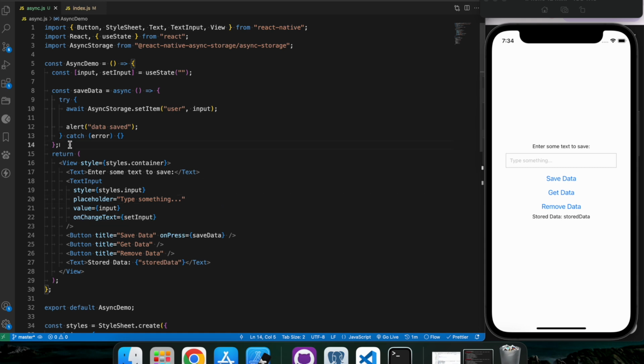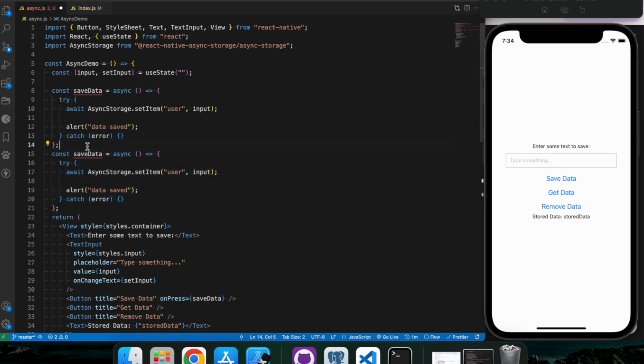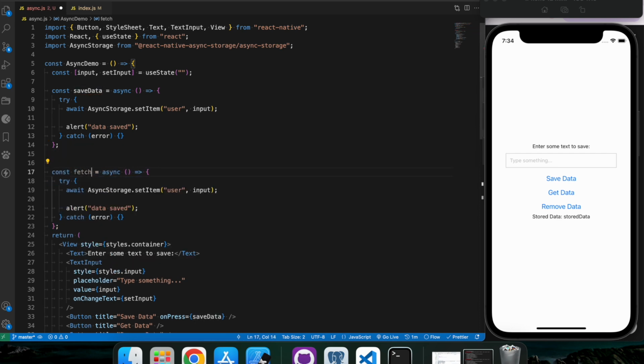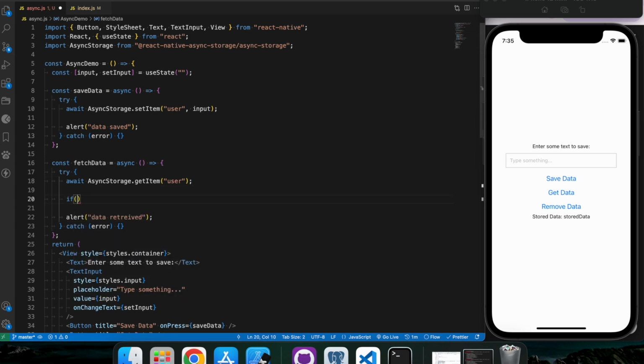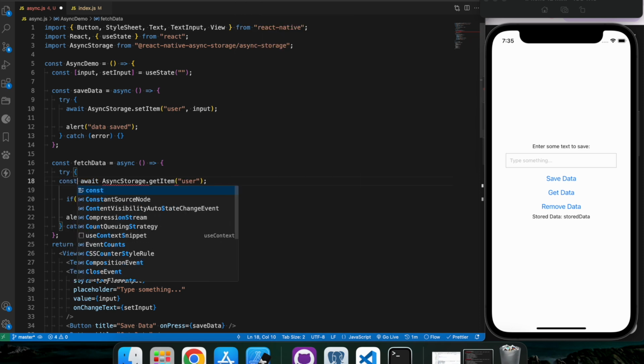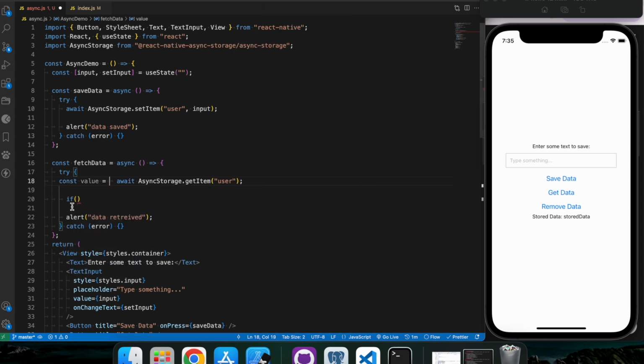Okay, so let us make another function, fetch data. And over here we are going to use another method from async storage. It is get item. Here we just need to pass the key name. You don't have to pass the value, because we are not setting the value, we are retrieving it. And data retrieved. Here one more additional step is, we need to store the fetched value, right? So value, and if the value is not equal to null,